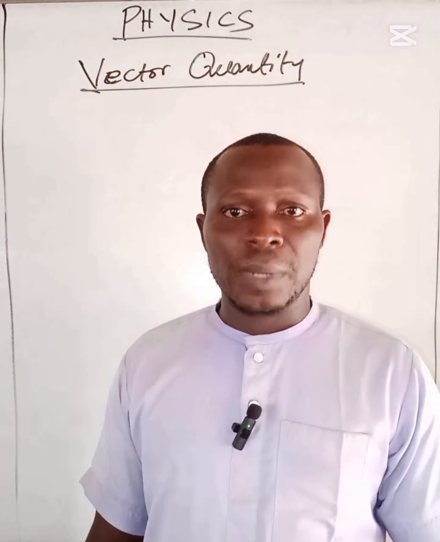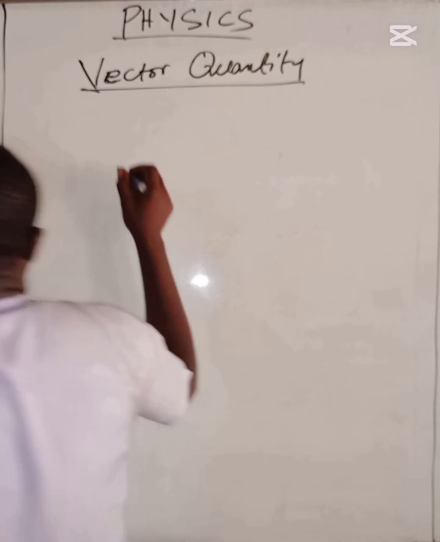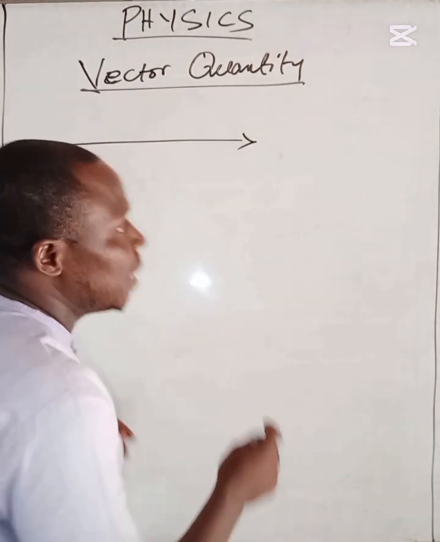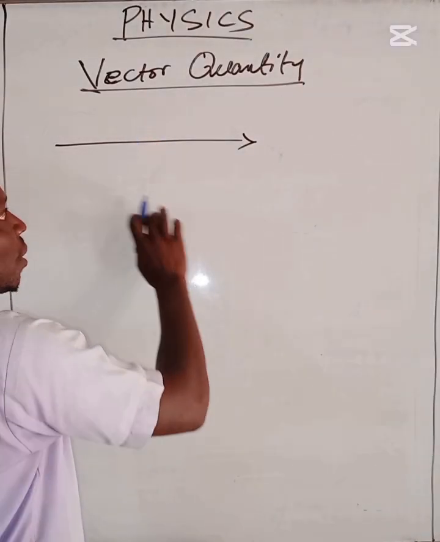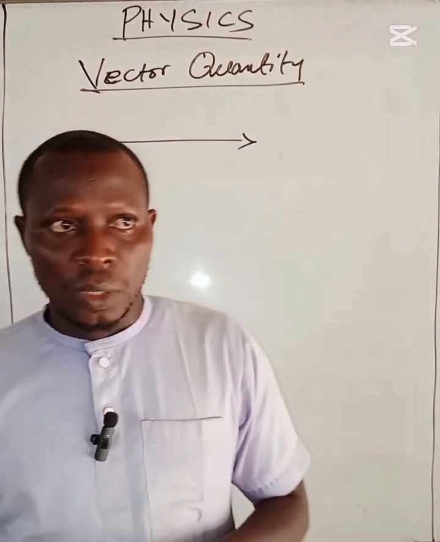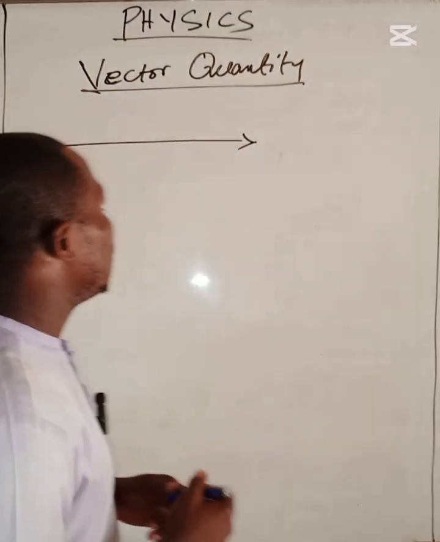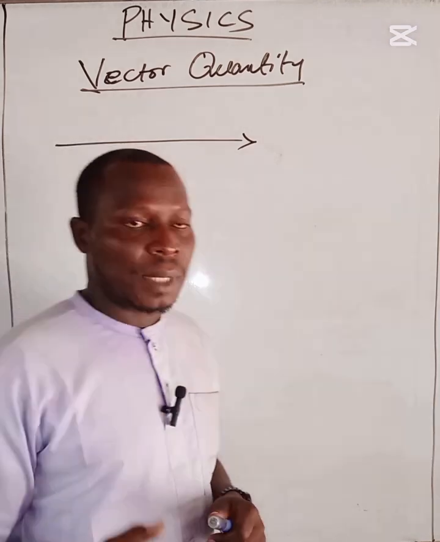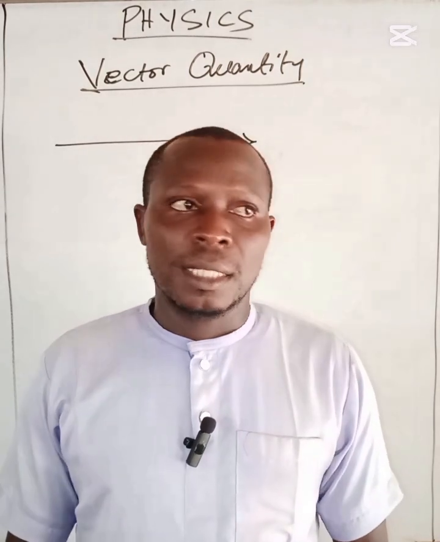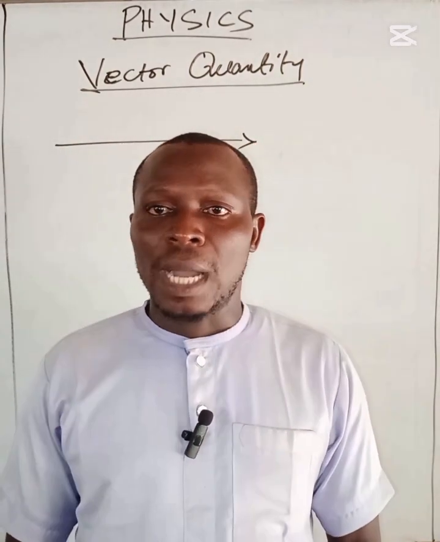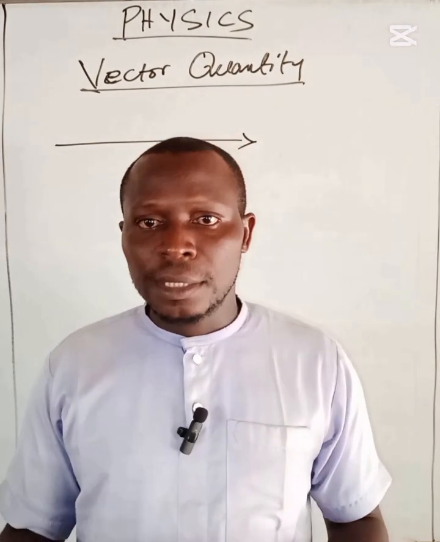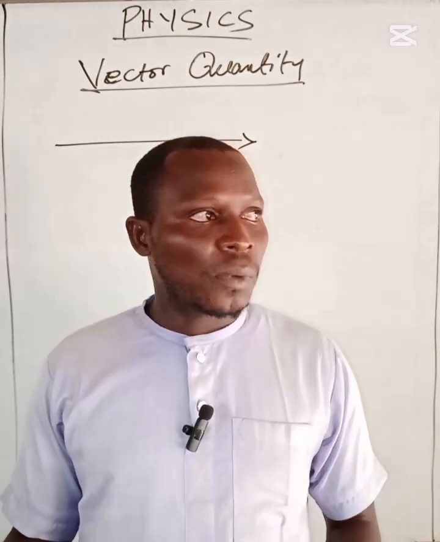Now, how do you represent a vector quantity? A vector quantity is represented with a line and an arrowhead, okay? The line shows the magnitude of the vector and the arrowhead indicates the direction of the vector. All right. Now, from there, we move into addition and subtraction of vectors. For vectors, you don't just add or subtract like scalars. So for vectors to add or to subtract, you do that vectorially, following the formulas and then following their direction